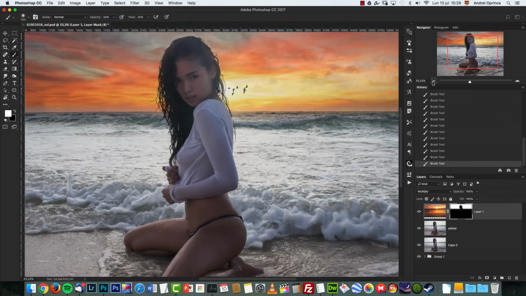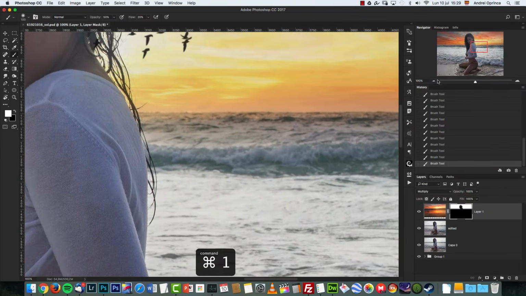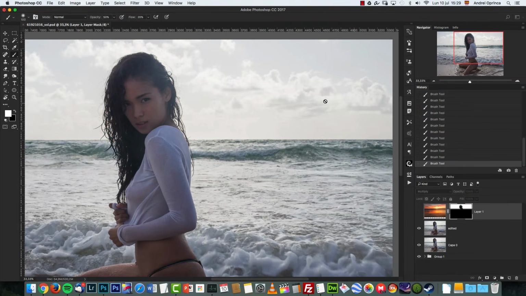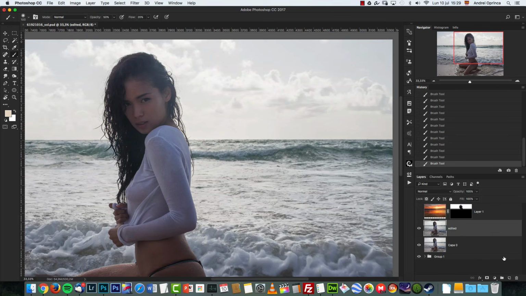Now, the next thing we want to do is match the color of the woman and the sky. And there's one thing I want to do here. Using the multiply blend mode, you can see some of the clouds here are visible through the image. So what I'm going to do is, you can use a new layer if you want. I'm going to use this. I'm going to paint destructively here with the brush tool. I'm going to sample a color from here and just paint over that to have a uniform color,